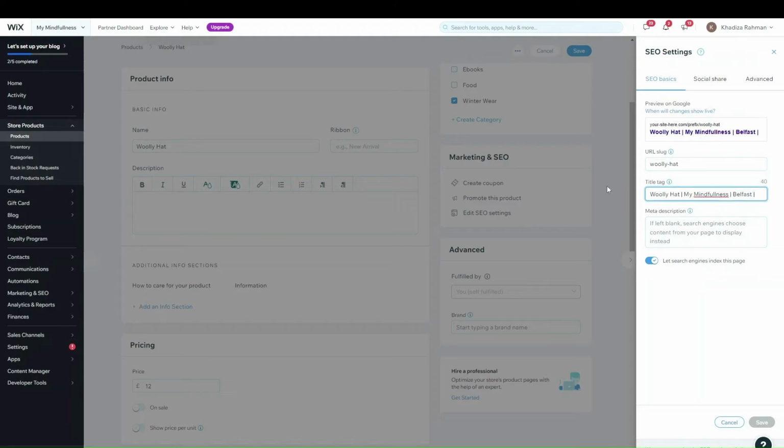You can add basically to that as well. And then the next thing is the meta description. Right now the meta description is blank, but you can add the description of the product